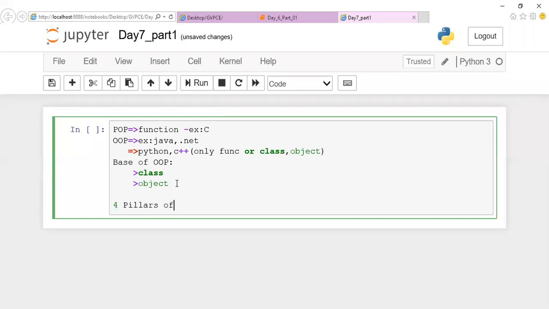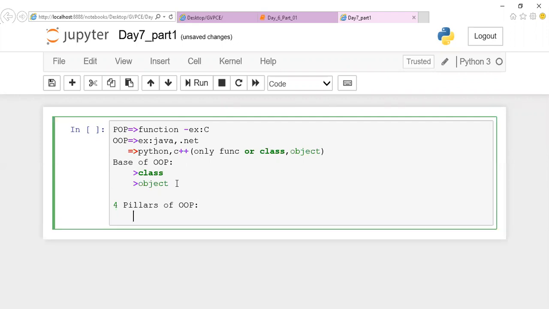Four pillars of object oriented programming. What are those? If at all you people might have come across it, what are the four pillars? What are the four pillars of object oriented programming? Yeah, first one is